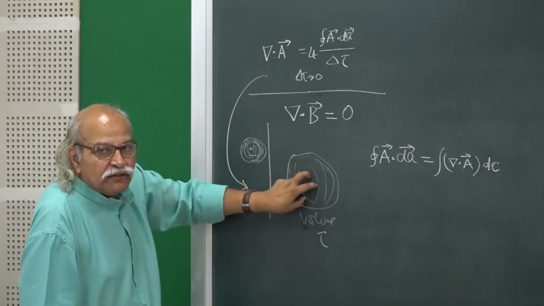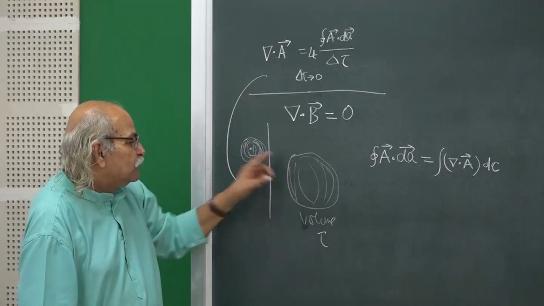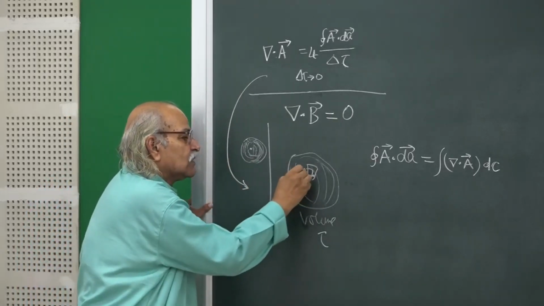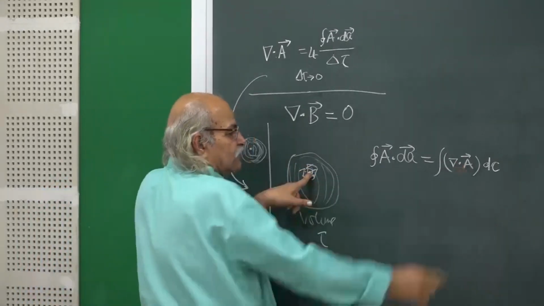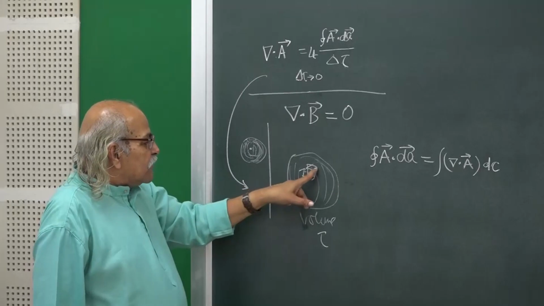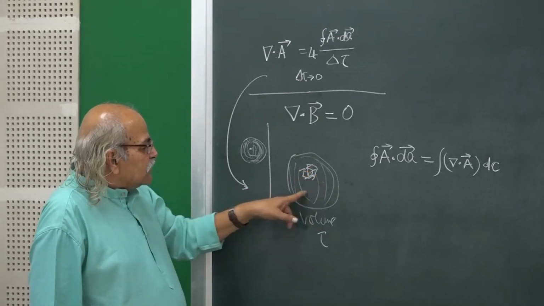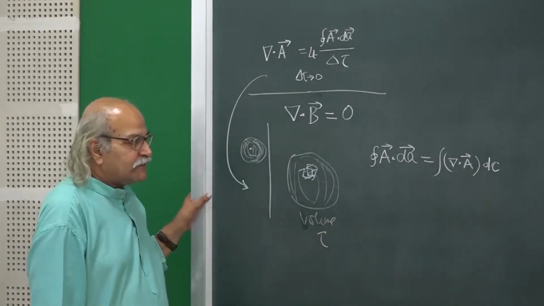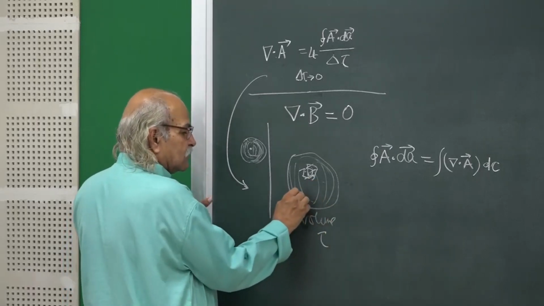If you take your d tau at this point, then you ask how much is the divergence of A at this point, multiplied by this volume, and then you add for all the points in the volume, integrate. So, that is the right hand side, and on the left hand side you only look at the surface